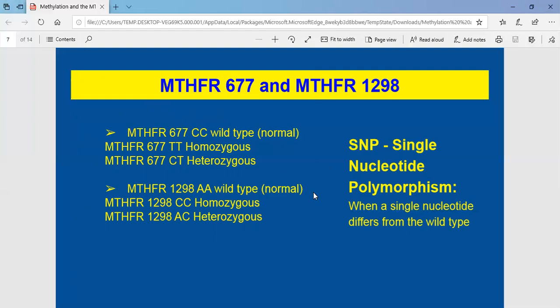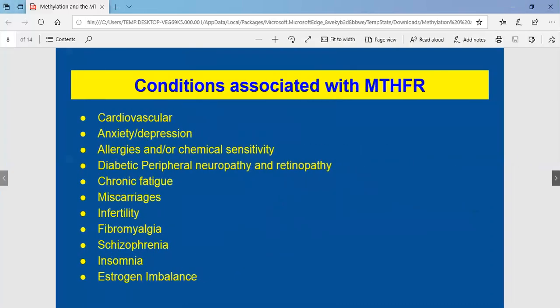That's why doctors and patients are asking us to get tested, because they want to know: is this genetics, or am I just exposed to X, Y, and Z environmental toxicity and I just need to worry about that now and then I'm fine? So if you do have MTHFR and you test positive, what are the conditions you should pay attention to? That doesn't mean you will have them. It just means there are certain things you need to do to avoid them.